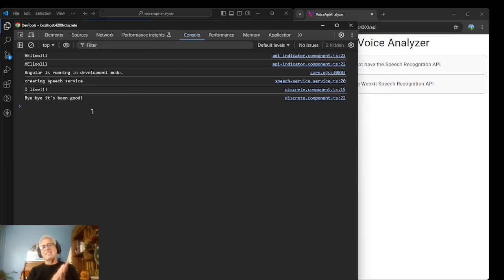Bye-bye, it's been good. Yeah, see, so as you move from route to route, you end up destroying and recreating all of the components. And I feel like I want all the components to just stay in existence the whole time. So I kind of need to do something kind of funky to get where the router outlet knows, like maybe,